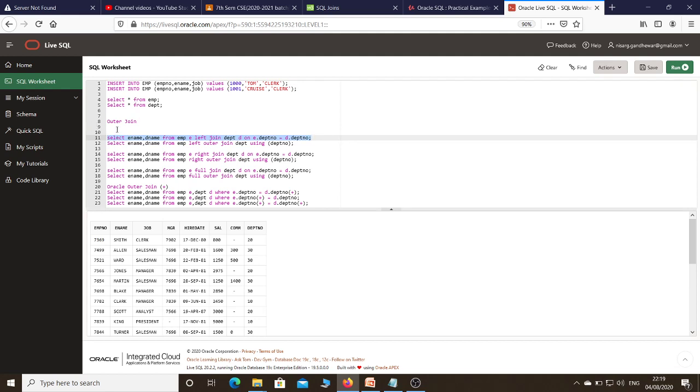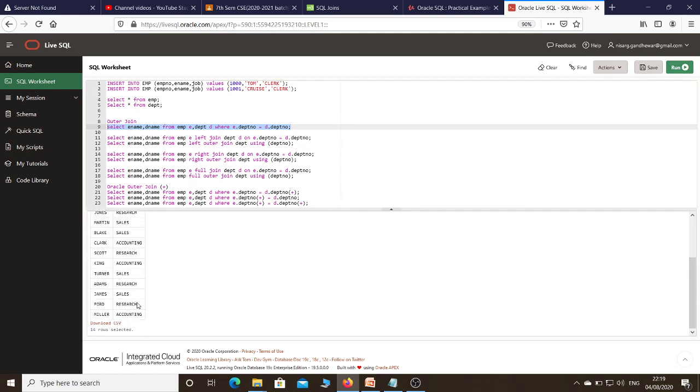I'm trying to write an inner query, or you can say equijoin. Select ename, dname from employee E, dpt D, where I need to specify the condition e.dptno equals d.dptno. Suppose I decide to write a query like this.